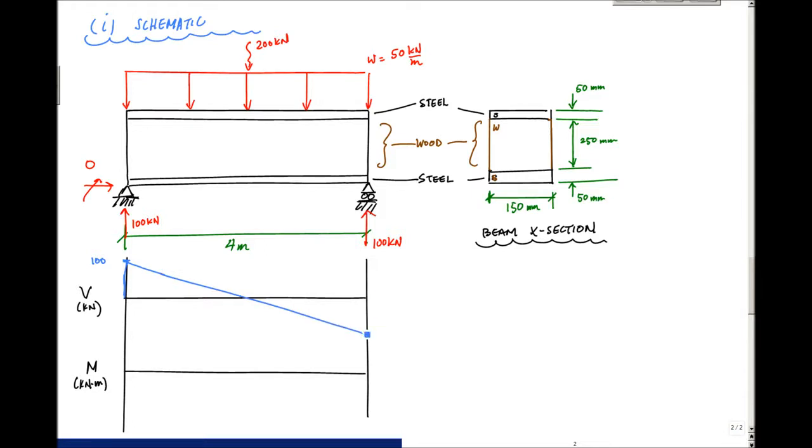And bam. Oh, right there. And that should be minus 100 kilonewtons right here. And this is my shear diagram. Bam. And this center, because again my structure is symmetric, it would take me 2 meters to get down to